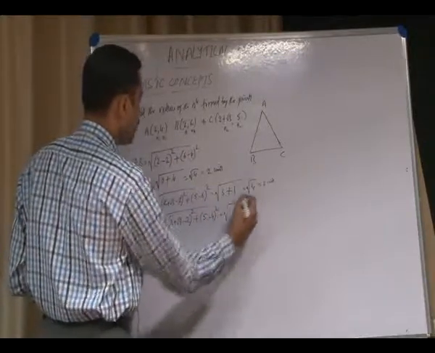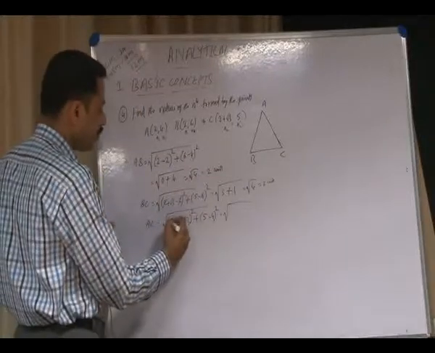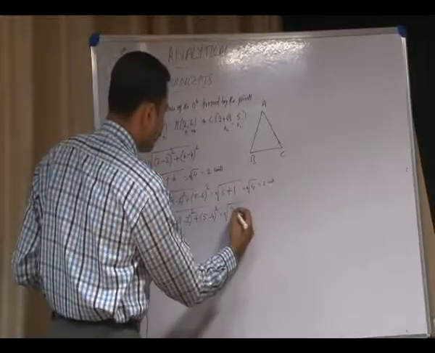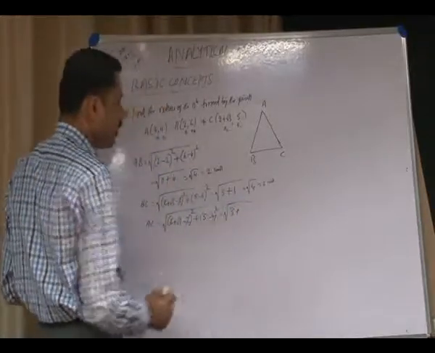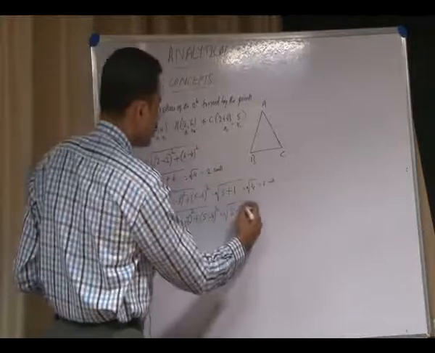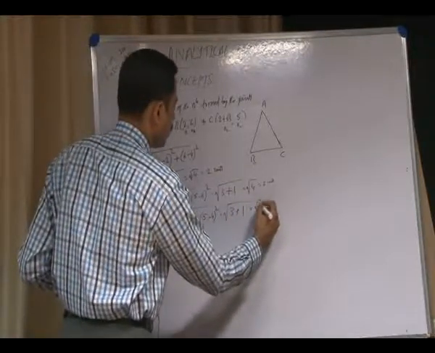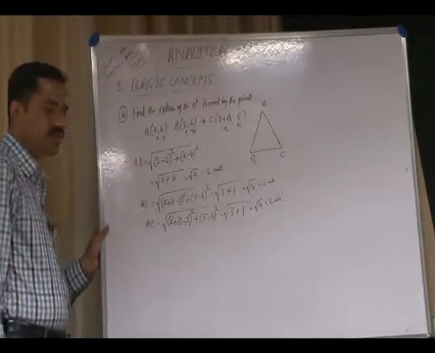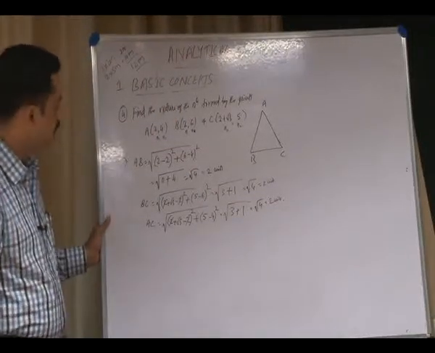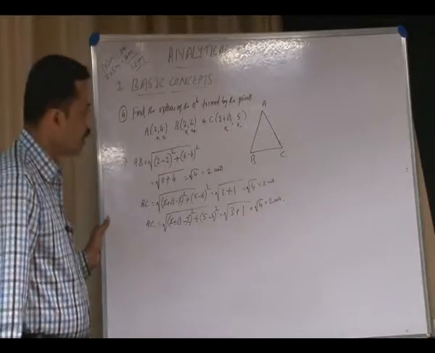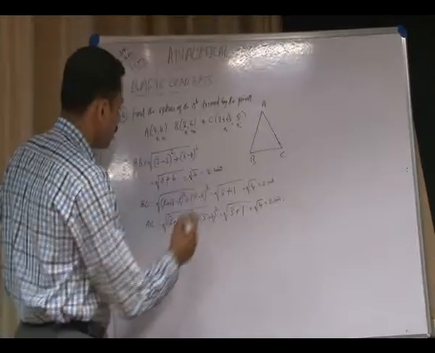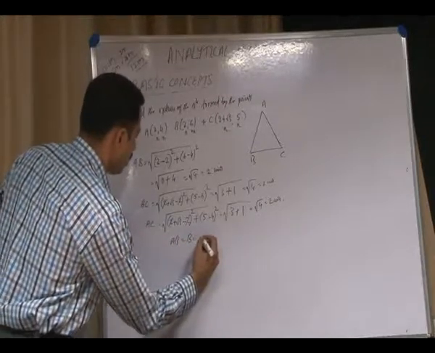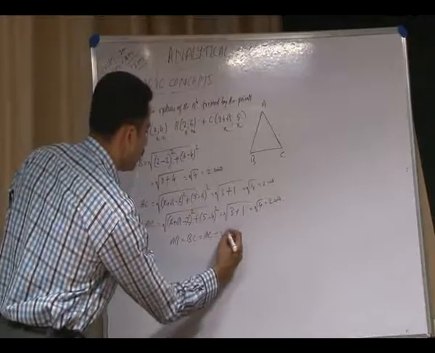By simplifying this, the 2 minus 2 cancels, the square root of 3 whole square is 3 only, plus 5 minus 4 is 1, and 1 square is 1. So, that is the square root of 4, or you can write this as 2 units. So, all sides AB, BC and AC are equal. From observation it shows that AB is equal to BC is equal to AC is equal to 2